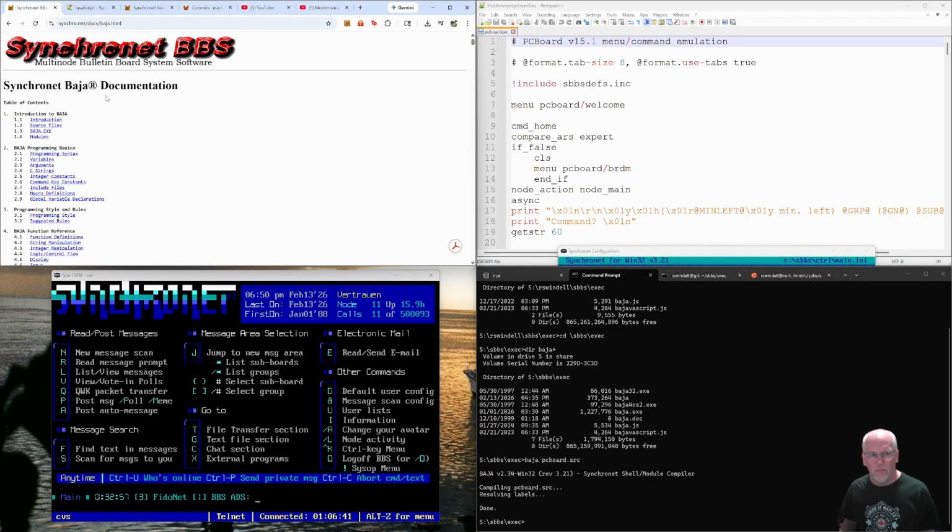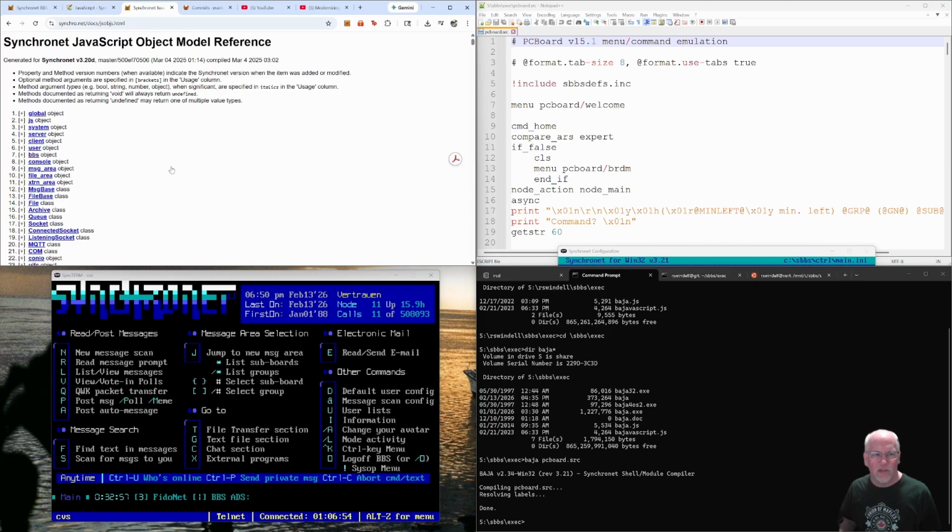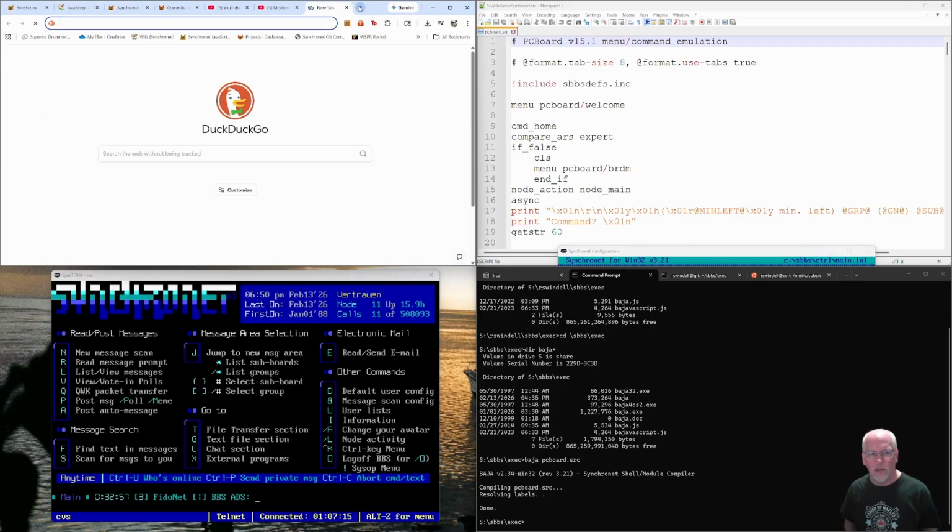So some helpful references as part of this process. We're going to want the Baja documentation, because that'll remind us exactly what all these words mean and do. We'll want the JavaScript page on the wiki. We'll want the JavaScript object model reference. This object model reference is for version 3.20, the latest release. Just as a quick tip, if you wanted to see the current documentation for the current development version, which is 3.21a, I think, you could go to